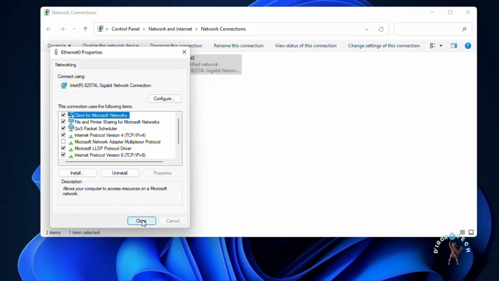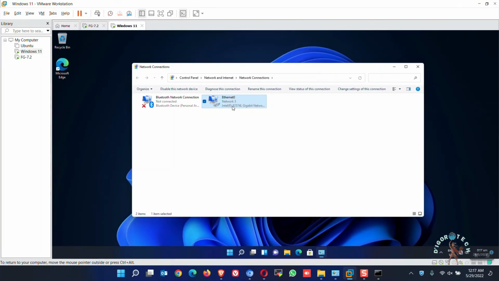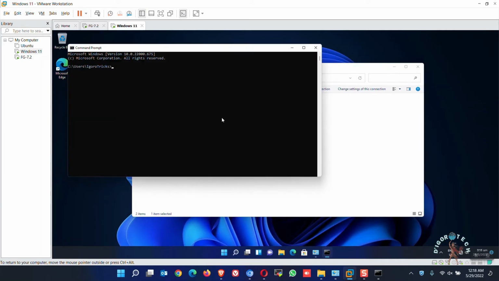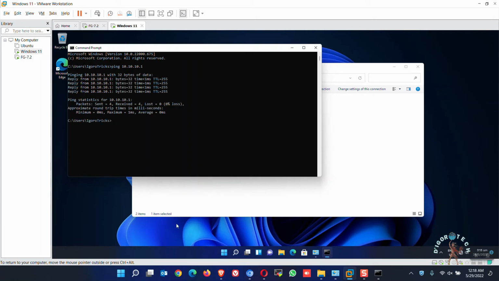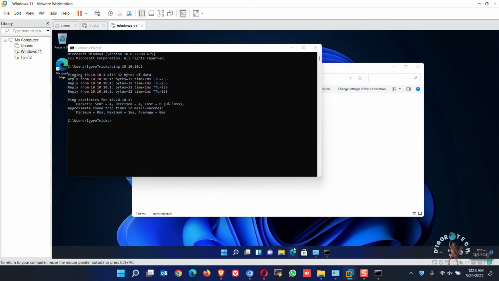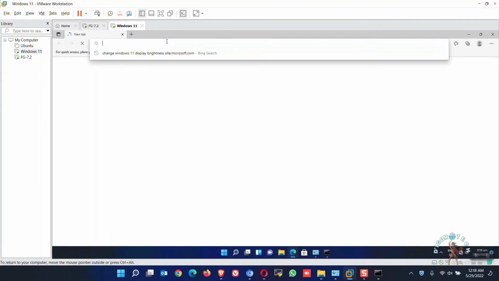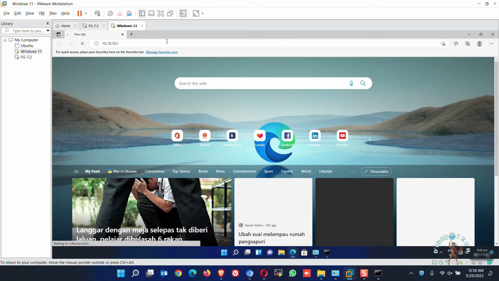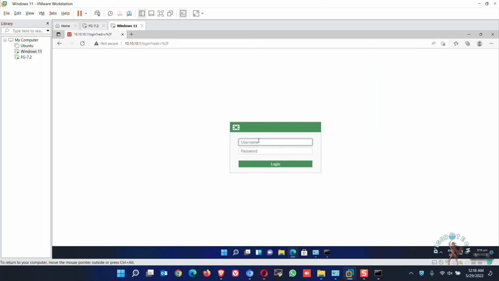Click OK to apply. Notice that we are now connected to the Fortigate virtual machine LAN network. To verify, we can open a command prompt, then ping the Fortigate LAN gateway, which is 10.10.10.1. Since we can ping, then we should be able to access through web browser as well, since HTTP and HTTPS has been enabled for allow access. From the Windows 11 virtual machine, open a web browser. Enter the Fortigate virtual machine LAN gateway, which is 10.10.10.1. Success! We can ping and access the Fortigate virtual machine from the virtual host, which is a member of the